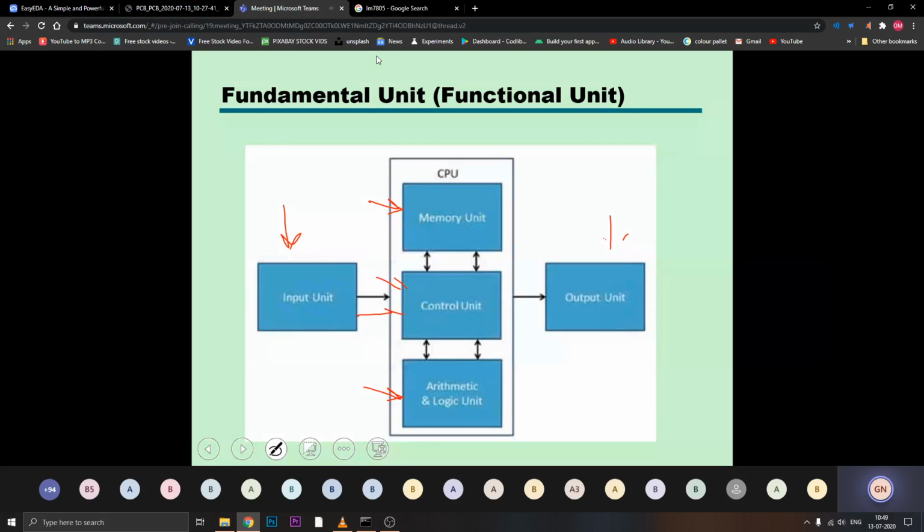It is giving some input to the CPU. Mouse is there. If I click something, it provides an electric signal to the CPU. Actually the mouse gives you the X and Y location on the display, and what function should be executed at that particular position is decided by the CPU depending on the location of the pointer, right?